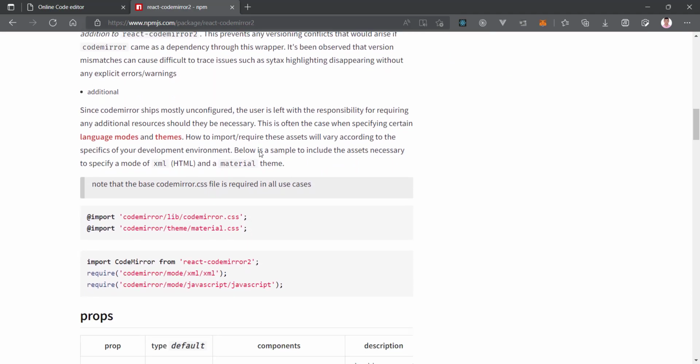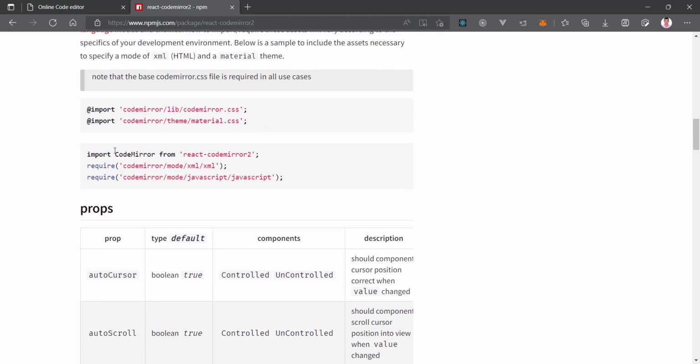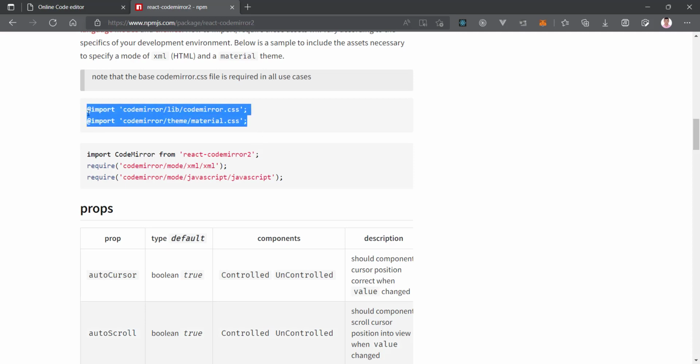First of all, what we have to do here is import CodeMirror, as well as the required files. We are going to import the materialize.css also here. So we have to import the codemirror.css, and then we have to import the files with respect to the languages that we are going to use. As we are going to use HTML, CSS and JavaScript here, that's why we are going to mention these things. So here I'm going to just copy this,